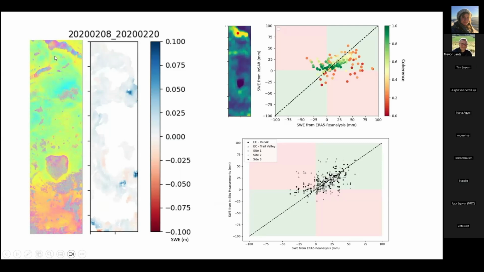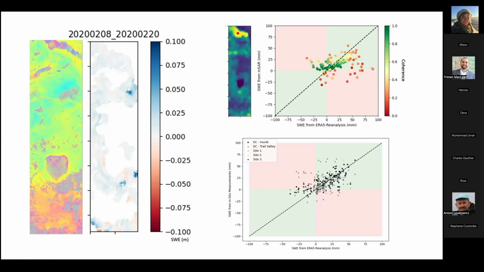This hasn't been phase unwrapped and it still has the atmospheric signal. This technique, because it works on 1 kilometer windows, doesn't need atmospheric correction or phase unwrapping to be applied. And so what I've generated here is a SWE estimation map. It goes from 0.1 to minus 0.1 meters of SWE, and then this upper scatter plot is the SWE estimates